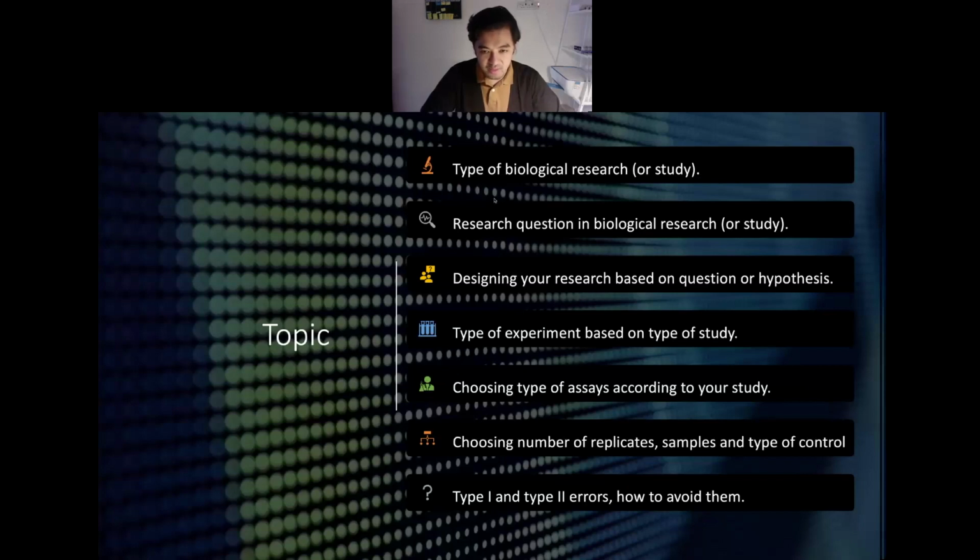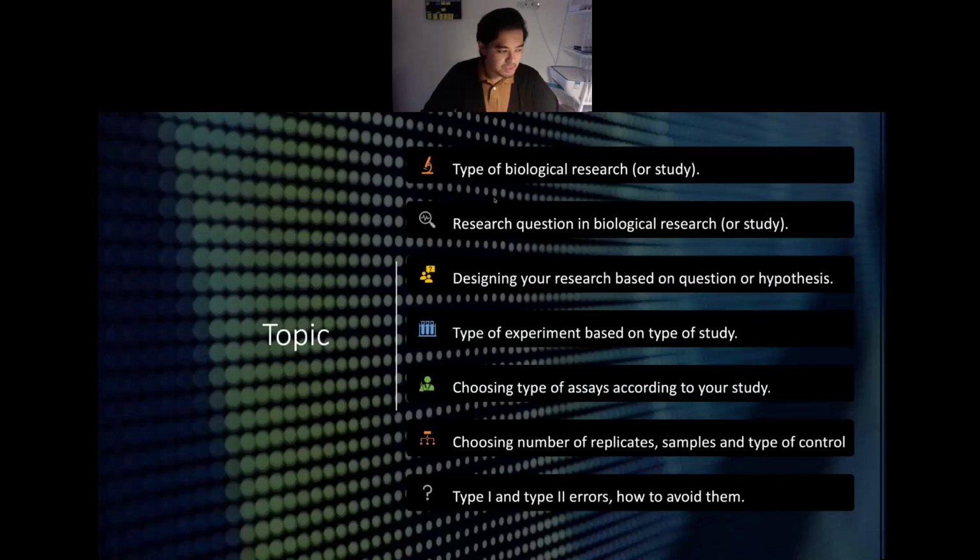Following that, I will introduce you guys to the types of experiment that are required based on your type of study. Of course, last week we discussed different types of experiment or different types of biological studies, and this week we're going to focus on assays that are commonly used in that particular study. So I'm going to introduce you guys to how to choose the type of assay according to your studies, and then